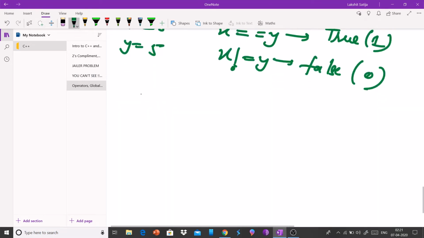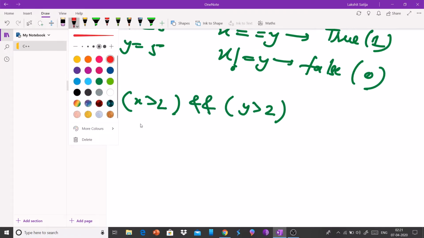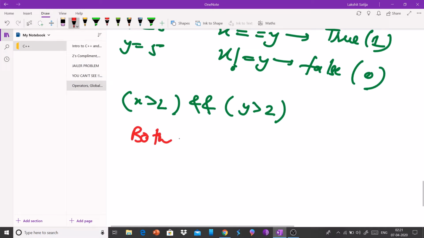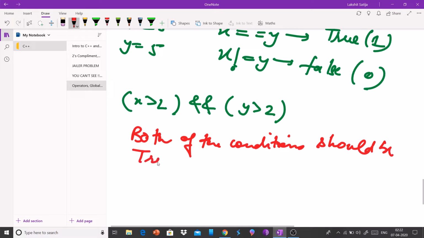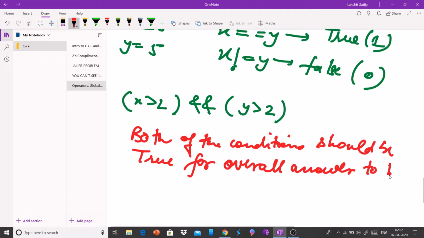So suppose you want to check two conditions, right? So there are two conditions, that suppose x is greater than 2 and y is greater than 2. And if you put and in between, what will happen is that both of the conditions should be true for the overall answer to be true,